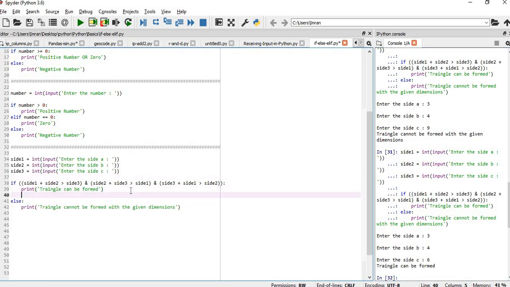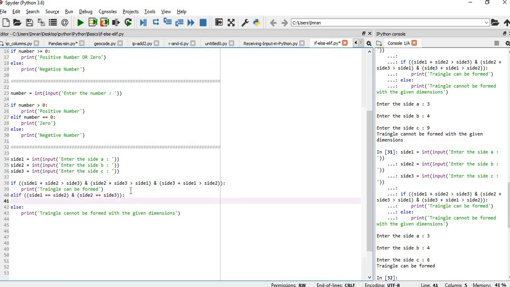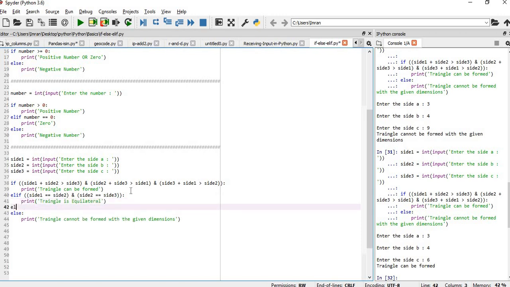Now what we'll do, we'll apply elif. Now elif side 1 equals side 2, okay, and side 2 equals side 3. Then it's a clear case where all the sides are equal. Print the triangle is equilateral. Again, we'll give else if side 1, in case of